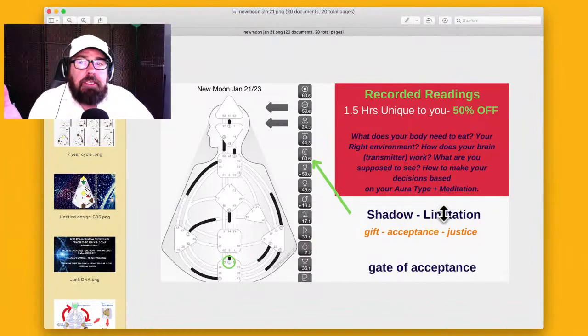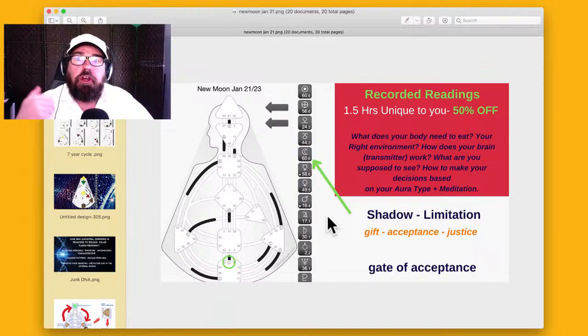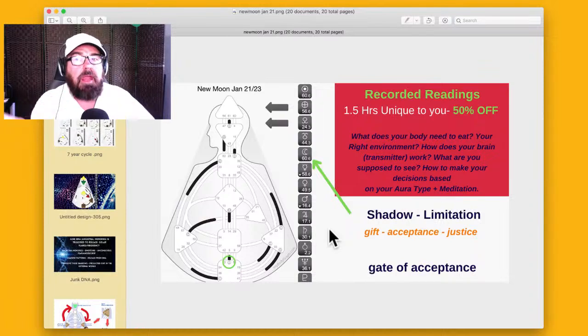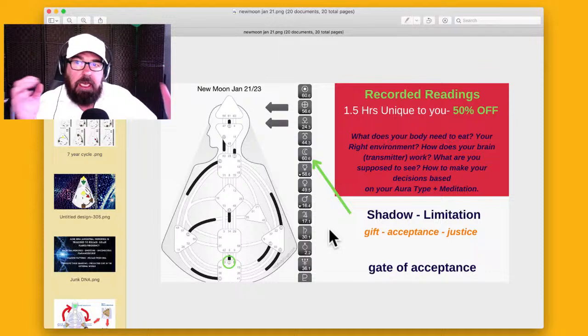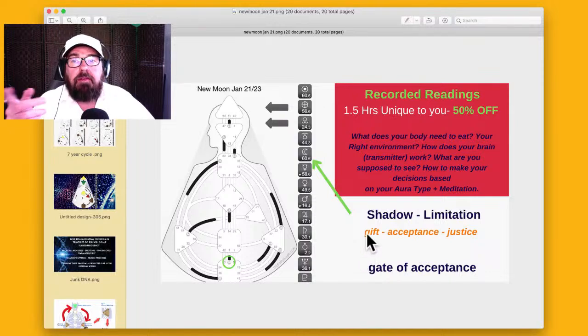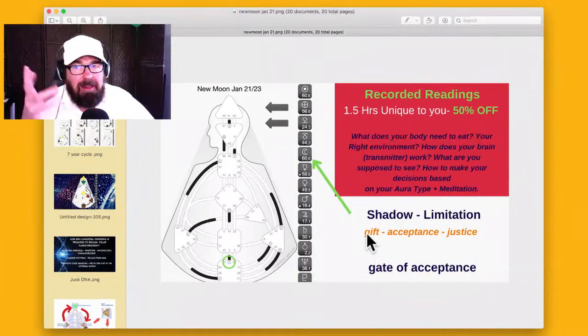So what can happen with the shadow of limitation in this channel, especially if you've got it, right? That you have the channel of mutation. You're going to just bring mutation wherever you go. You could be in your workplace, with your friends, your family. And then suddenly that mutative energy just emanates from you. And that in turn causes mutation and change with the people around you. But you have no control over it. Right? So what can come up is melancholy, right?